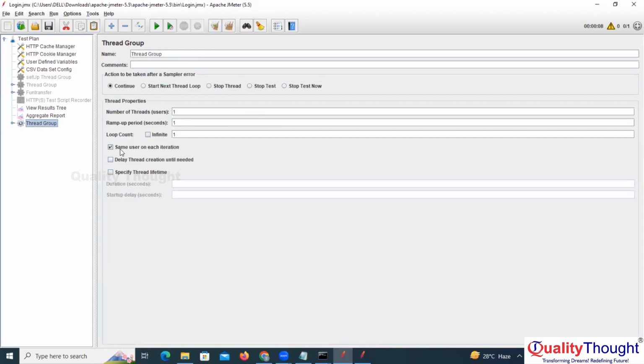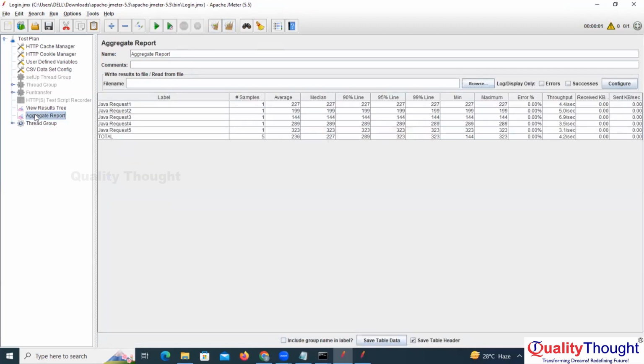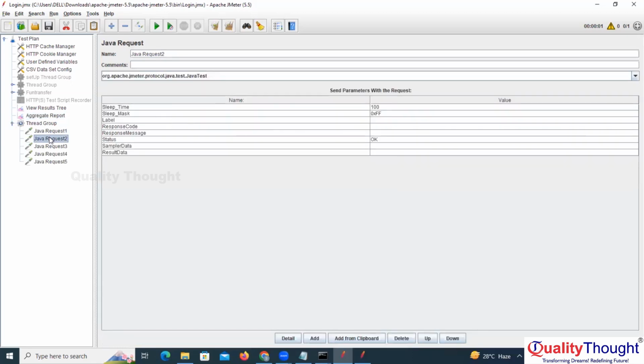So I am running this. Okay, I'll just run this. So all 5 requests ran successfully, right? All 5 requests, Java request 1, 2, 3, 4, 5. Everything ran successfully. But now what I will do is I want to give a random controller for the 3rd, 4th,